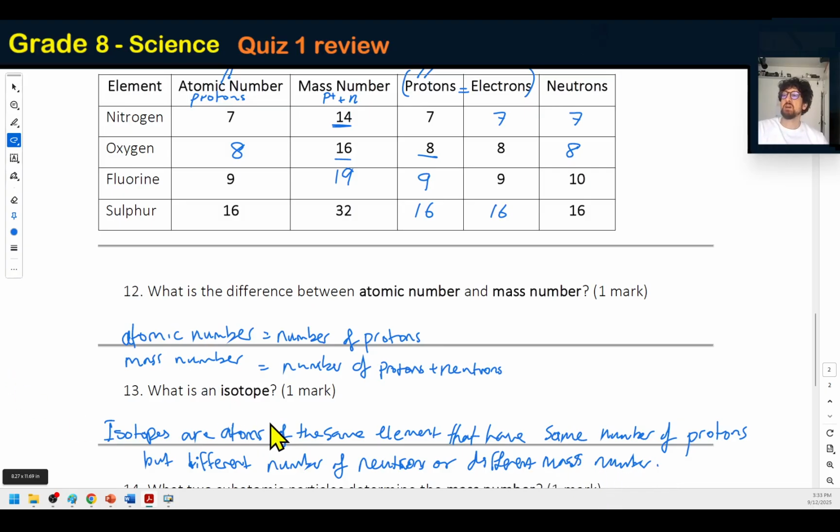So isotopes are atoms of the same element that have the same number of protons, because you can never change the number of protons. You change the number of protons, you change the atom. However, you can have different numbers of neutrons. For example, you can have carbon 12, which means it has 6 protons and 6 neutrons. Or you can have carbon 13, which has 6 protons and 7 neutrons. Likewise, you can have oxygen 16, which has 8 protons and 8 neutrons. Or you can have oxygen 17, which has 8 protons and 9